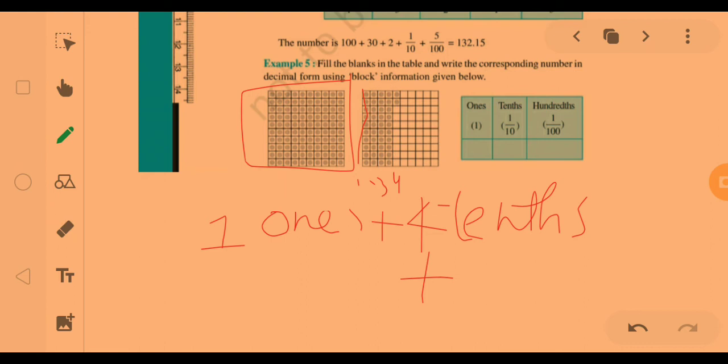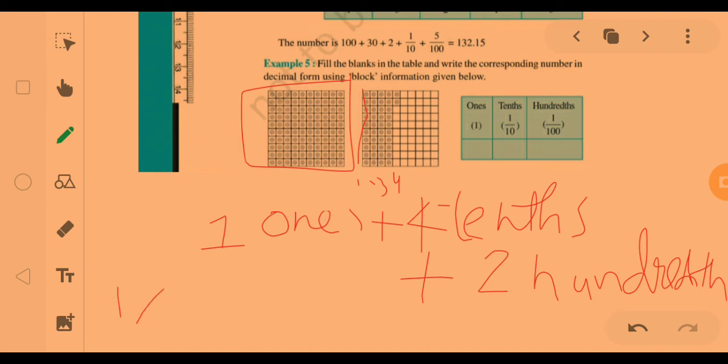Here the first one is completed, so we take it as whole 1. In the second square, the 4 columns we take as tens. So 4 tens, and the fifth column is partially filled, only 2 are filled. So it is represented as 2 hundredths. So in the numerical representation, the answer is...